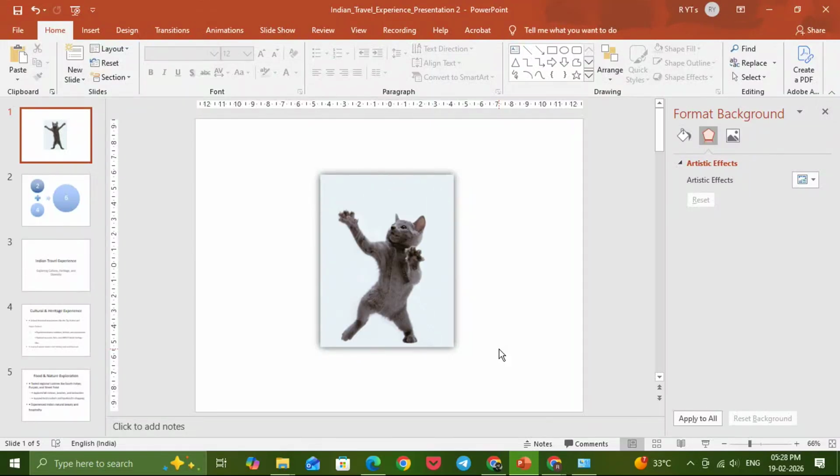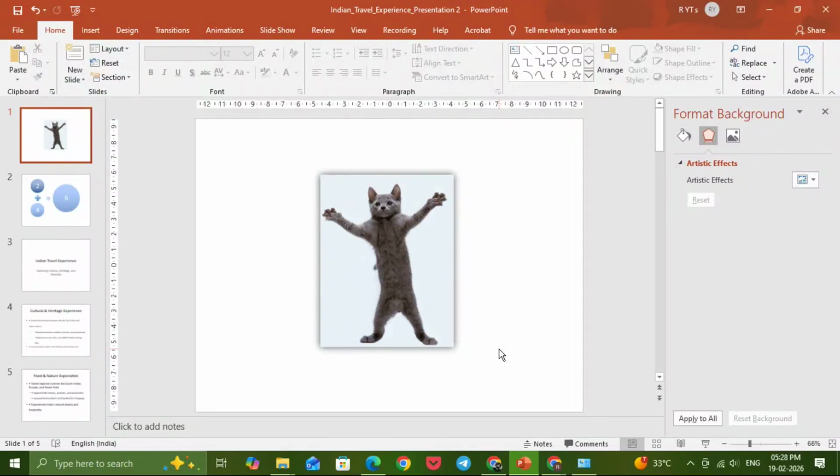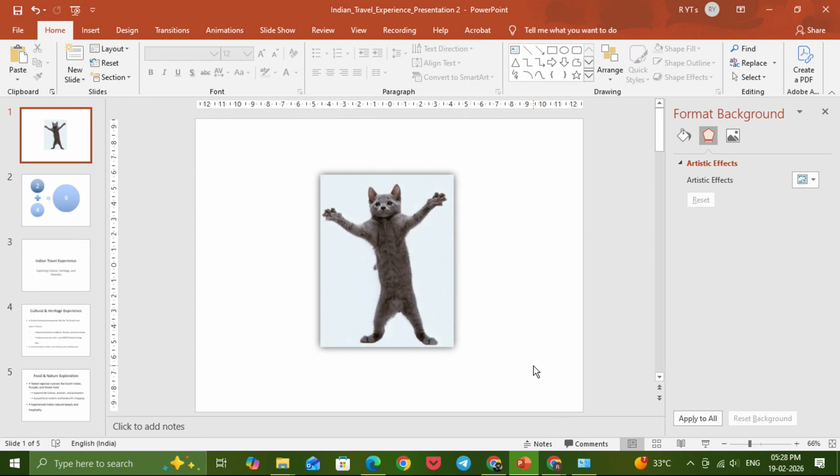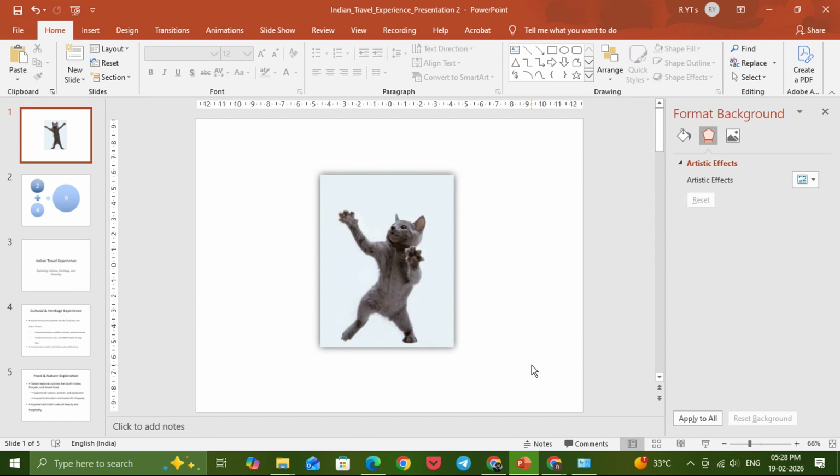In today's video, I'm going to show you exactly how to enable editing in PowerPoint when your file opens in protected view. If you've ever opened a PowerPoint presentation and noticed that you can't type, change text, or edit anything, don't worry, this is completely normal, and I'll walk you through the quick and easy fix step by step. Make sure you watch until the end so you understand why this happens and how to handle it safely in